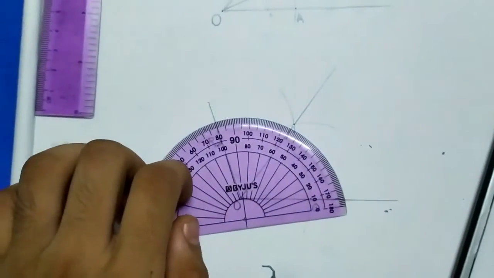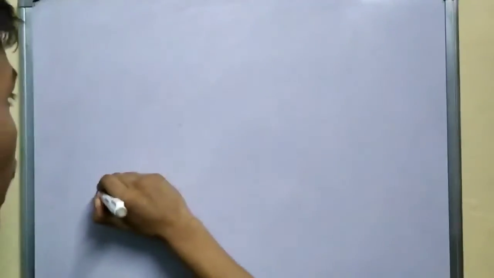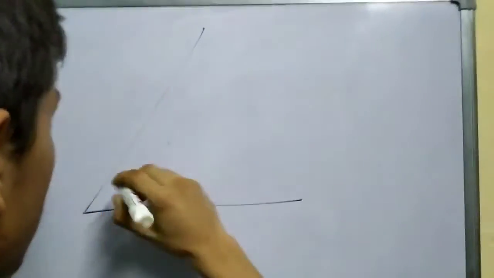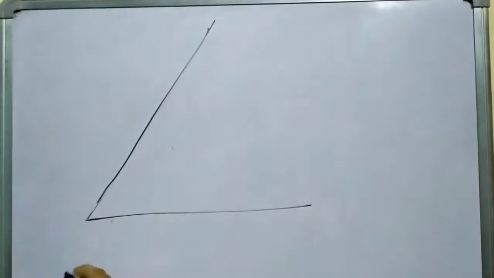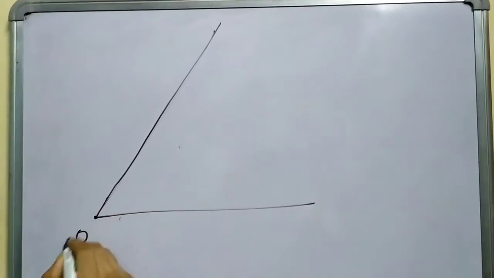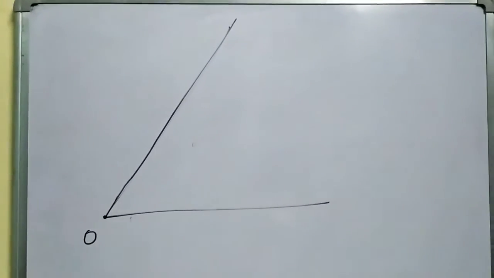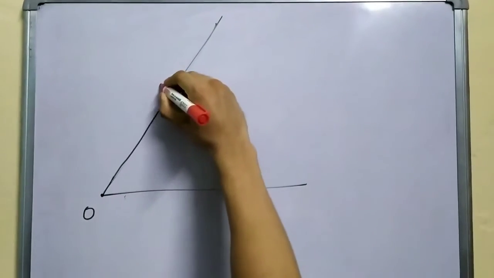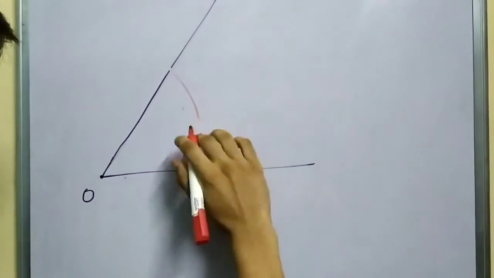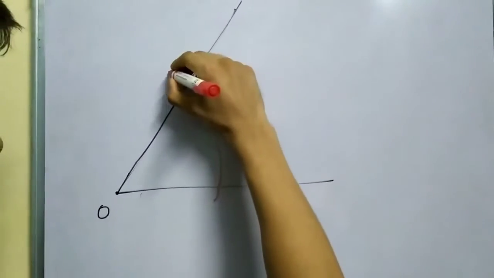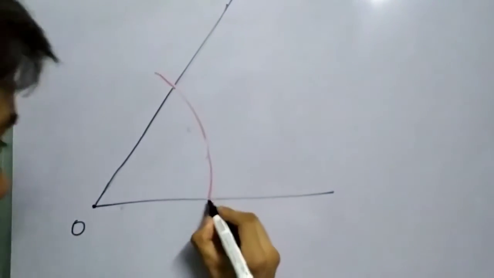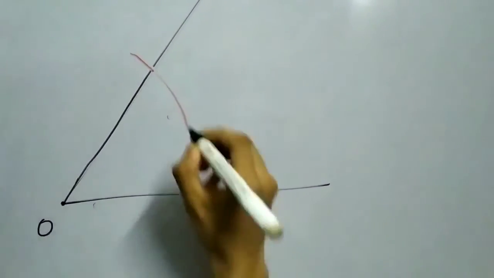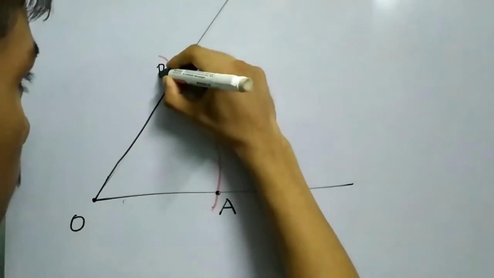Now let's see why this works. So in order to see why this works, let's get back to our construction as always. So you have these two rays, they meet at this point. Let me call this O, and let us see how we did our construction. We made an arc like this. Then we label these 2 points as A and this one as B.